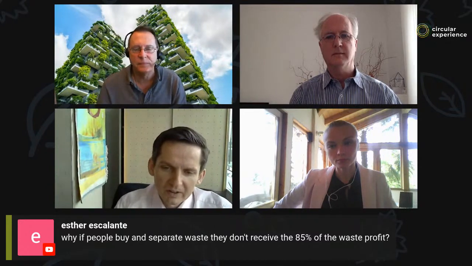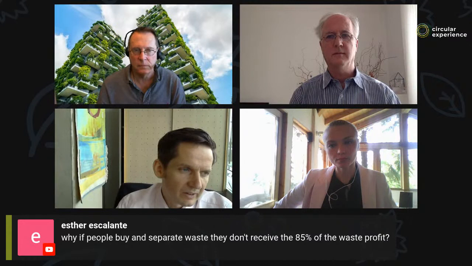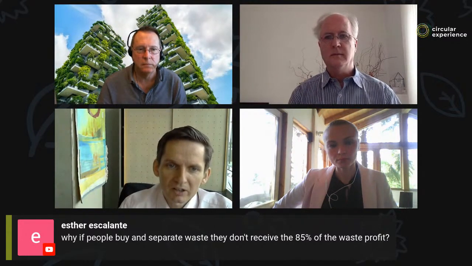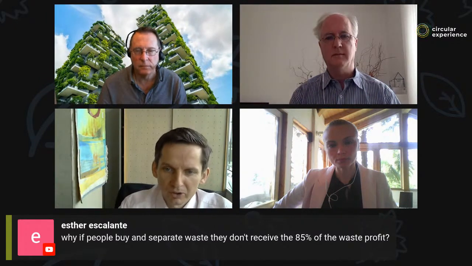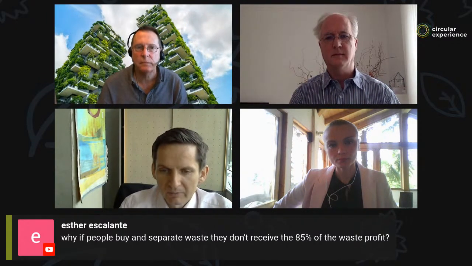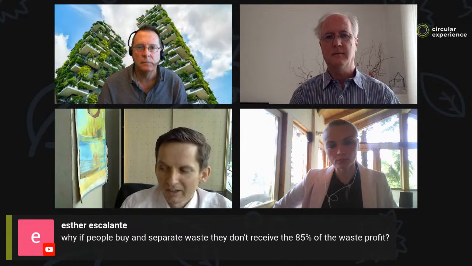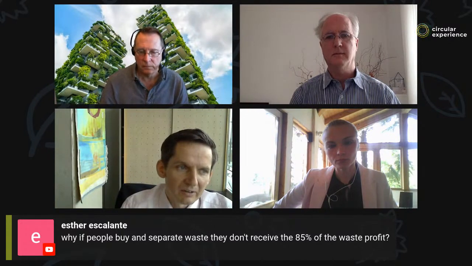Yes. So if I understand the question correctly, it is that if you do a proper waste separation, you don't get more commercial benefit than somebody else who does not do a good waste separation. So you don't have anything from the profit if you do this manual work of waste separation. And I think that's a good and interesting aspect.